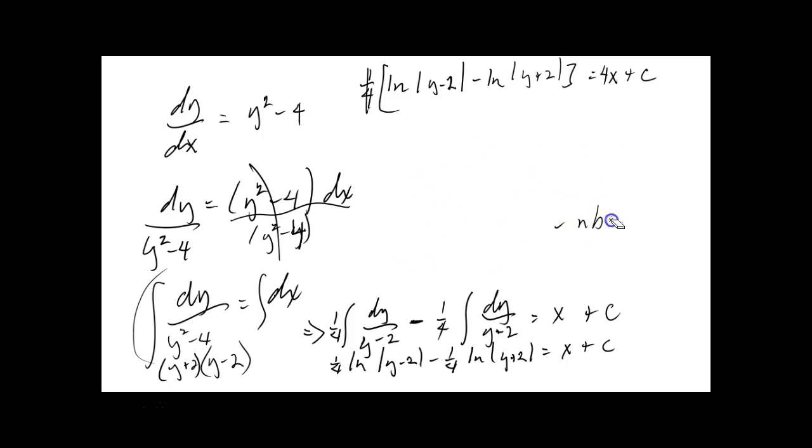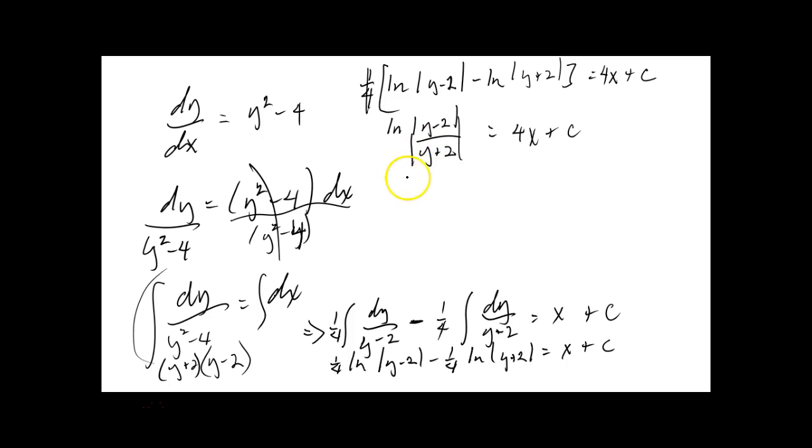So this, if I could get it to erase, there it goes. Okay. This would be log of y minus 2 over y plus 2. We could put the absolute value around both of them is equal to 4x. And I didn't multiply by c because 4 times c is just another constant, so let's leave that as a constant. Now, then I could take the e of both sides,